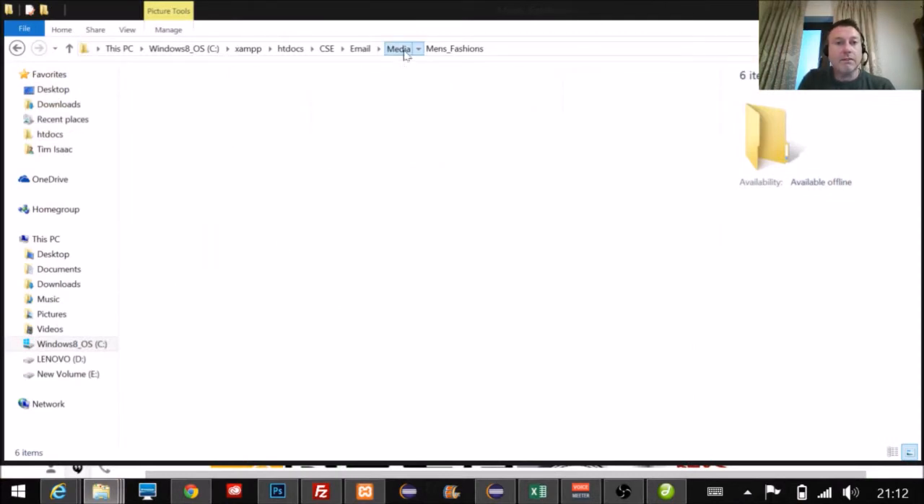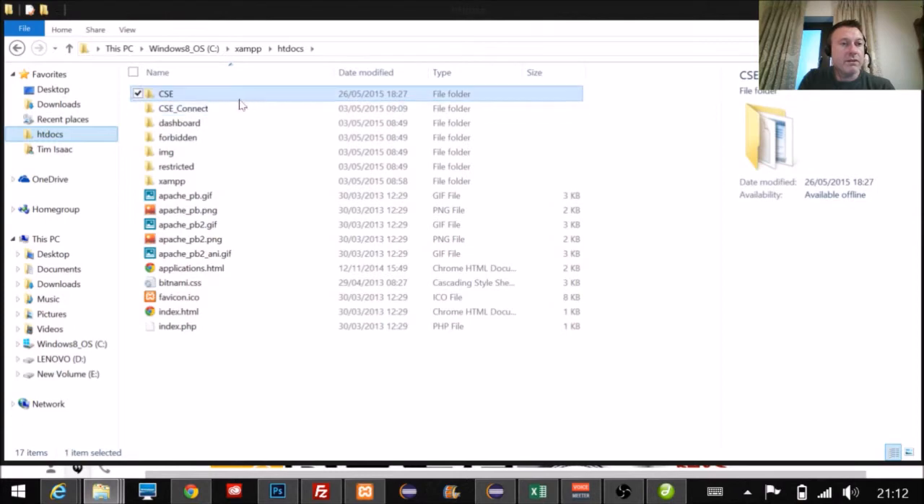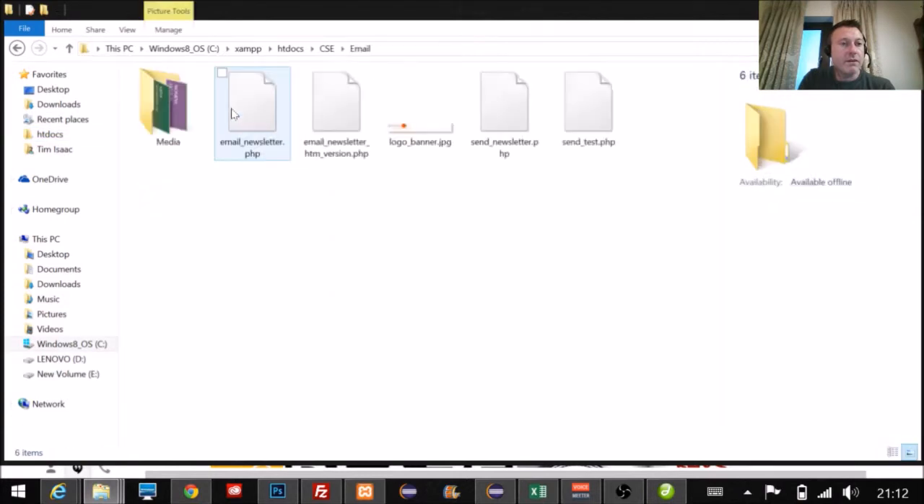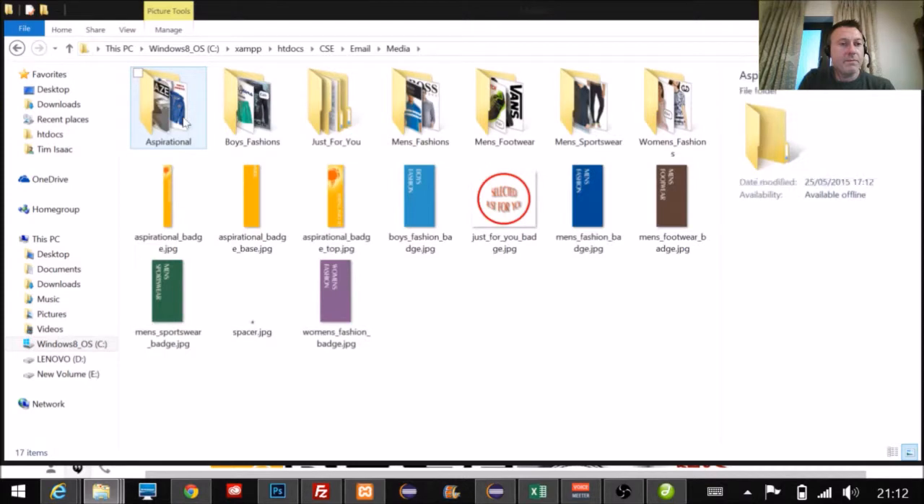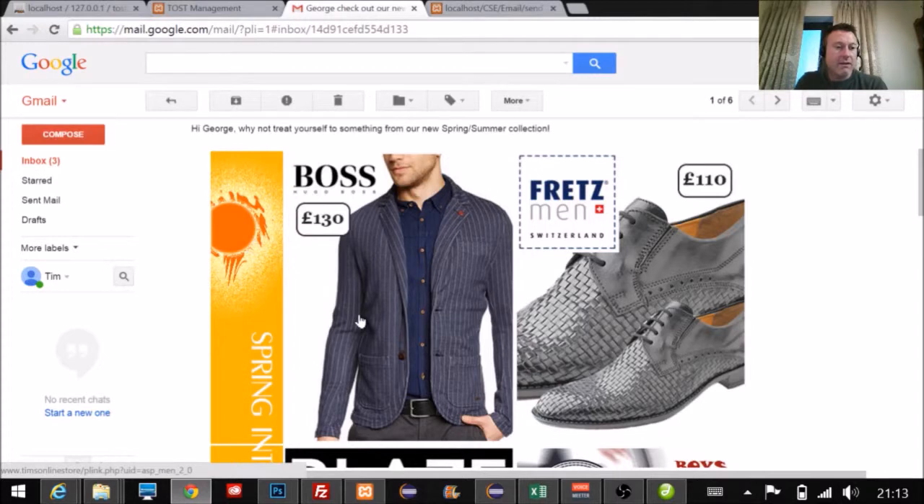If I just go back and find the aspirational shots here, we go into HDoc. Here we are. So the Hugo Boss is men_2_0.jpg. And if I go back into the Ezine and look at that, yeah, we've got men_2_0 as part of that variable that we are going to be passing to the landing page